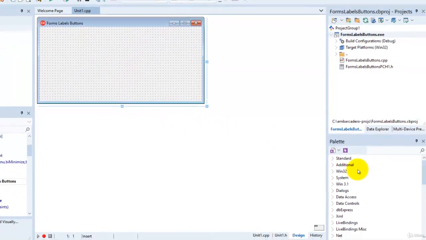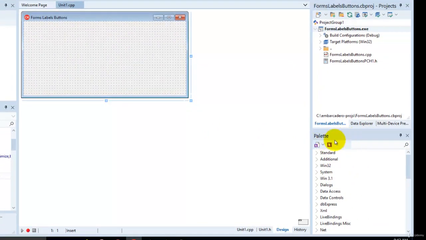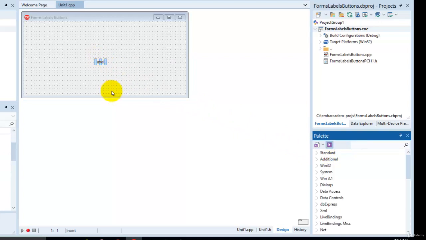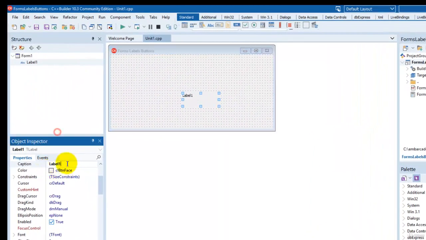To add a label, you can go to the palette on the bottom right corner, look for label, L-A-B-E-L, and the first one is the one that we want. So you can drag this, put it in here, and you can resize it by dragging the resizing handle. And the caption, you can change it to anything you like. Maybe you can say my label,